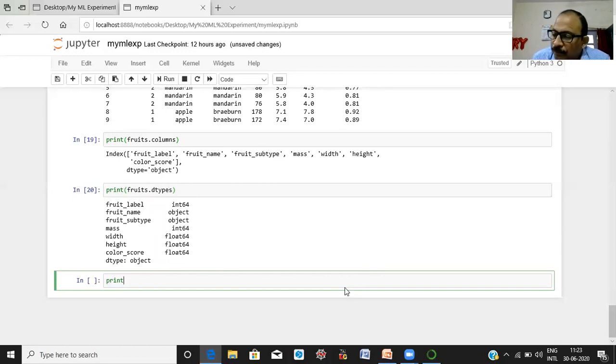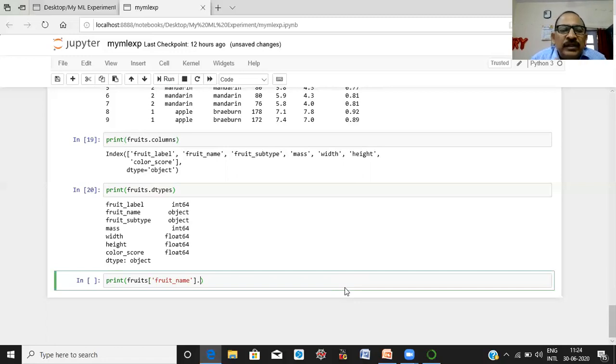Print fruits, here we are interested to know different types of entities in a specific column or variable.